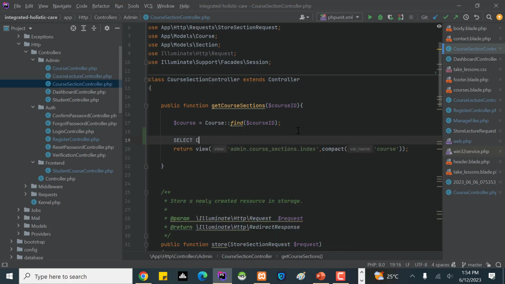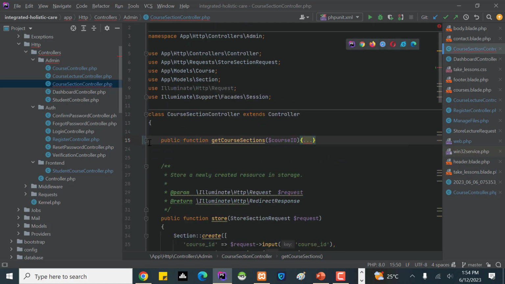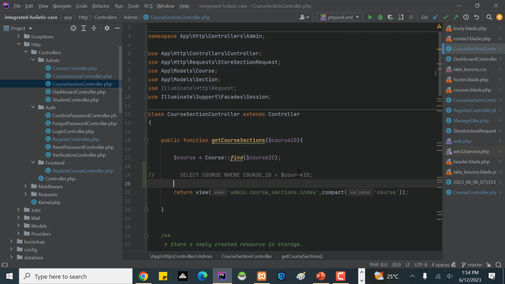All right, select course where course ID, for example, equals my course ID that I'm passing here. But when I go into the view, what will happen is that since I've not returned the section together with the courses,